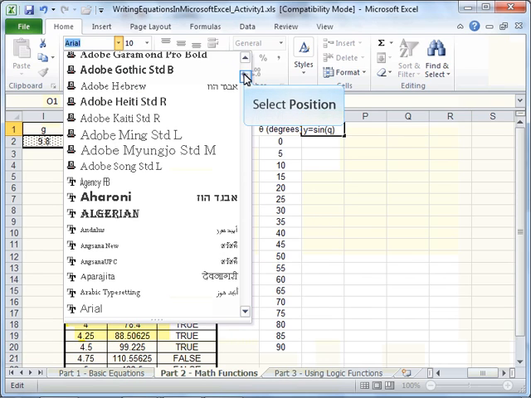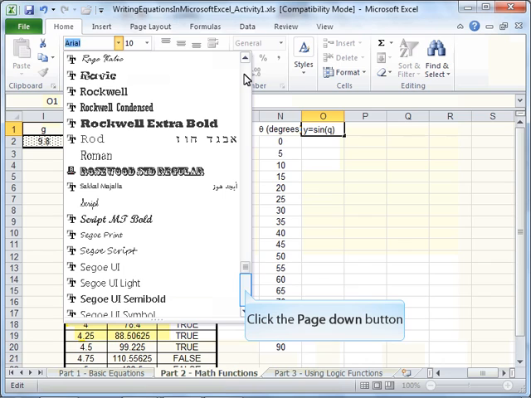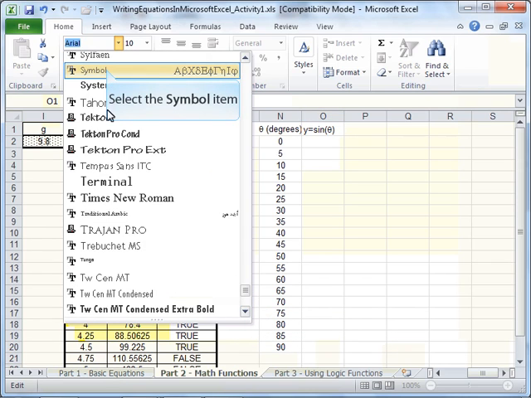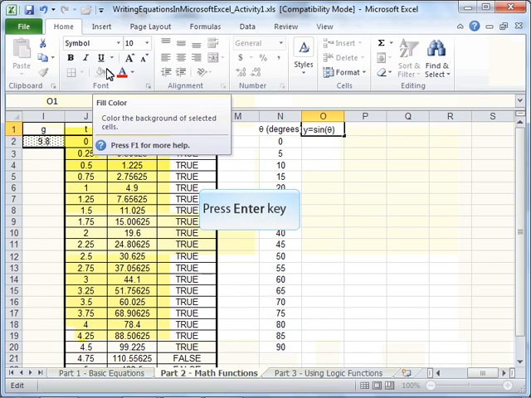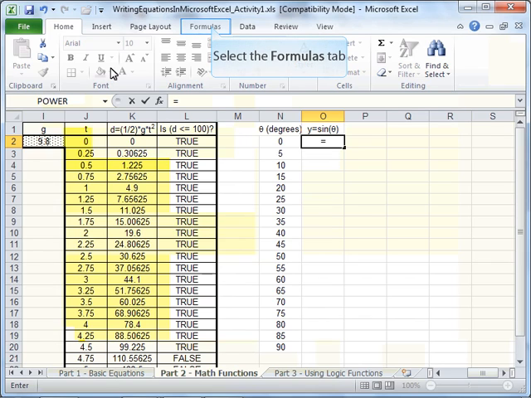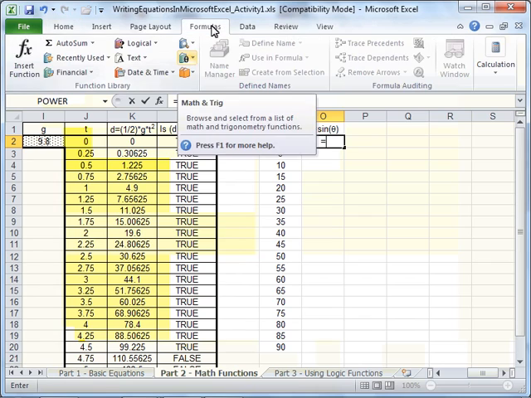So I'll highlight Q, I'll come over here to my font, I'll drag down till I find symbol, and there it is. I'll hit enter. I'll hit equals, and I'm going to find the sine of that angle. Well, to get a function, I can click on this insert function button next to my toolbar. Another way of doing it is coming up to the formula toolbar,